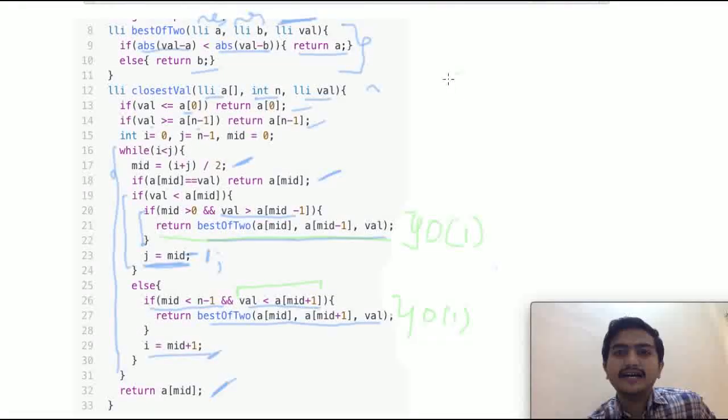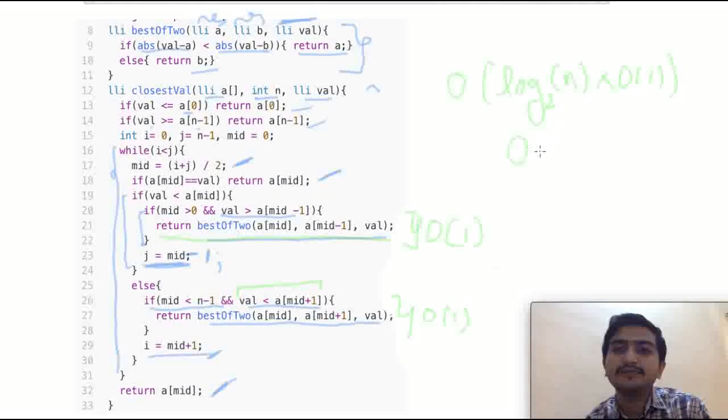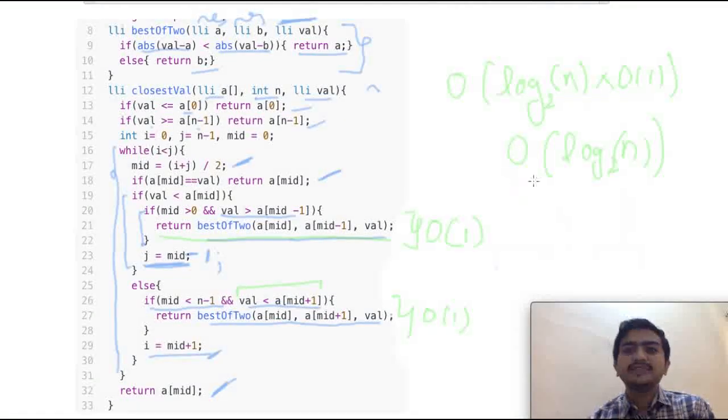So we have O of log base 2 of n into O of 1, which is almost an O of log n operation. So in log n we can find the closest element to the given value in the array.